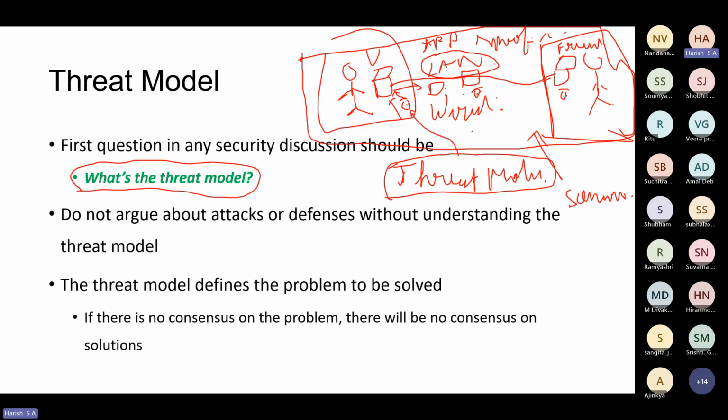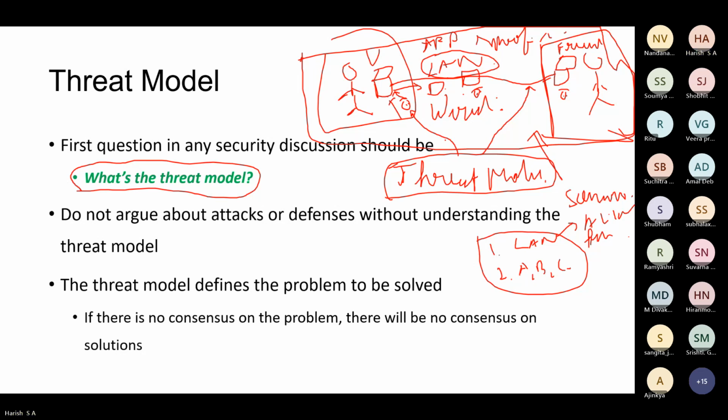What all can the attacker do? The threat model also defines the underlying scenario, or the underlying network scenario, or the underlying infrastructure, you can say. Given that it's a LAN network, and given that the attacker can do A, B, and C, when I say A, B, and C, he can compromise this laptop, or he can compromise the wire, or he can compromise this laptop on the other side. What are all the attacks that are possible? So we have modeled the threat environment according to these attacker privileges, right?